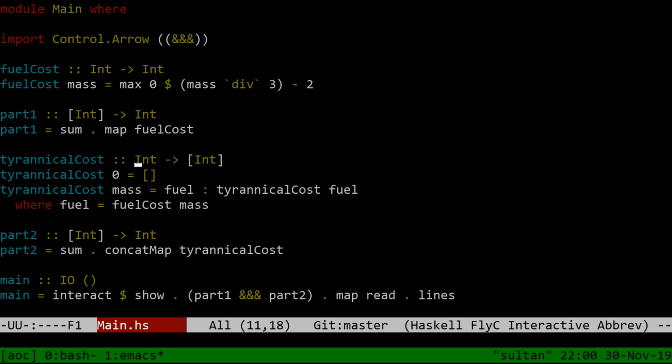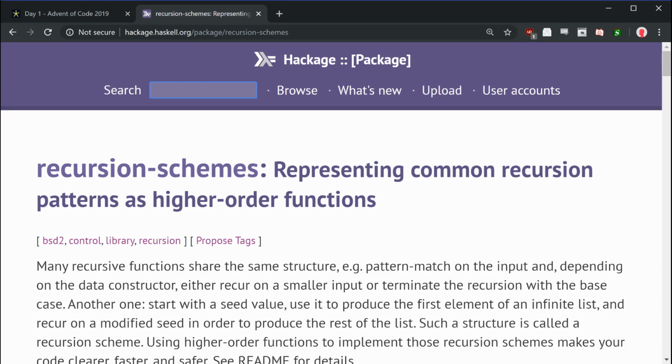Oh, I don't want the Wikipedia article. I want Haskell recursion schemes. I'll show you guys once I find the right page. Okay, here we are in recursion schemes. I just don't like to let you guys see my browser when I'm at a home page or typing search queries in, because you never know, right?